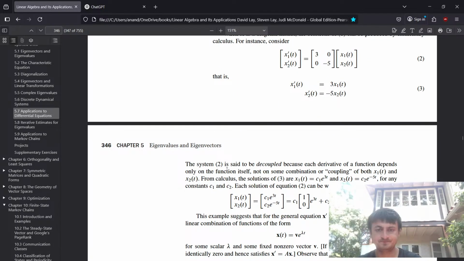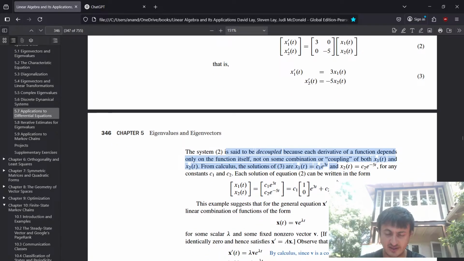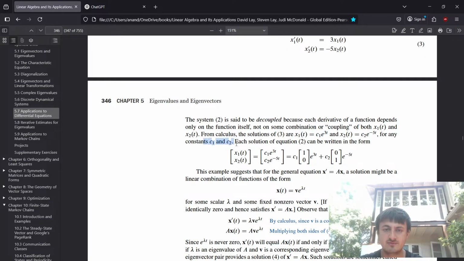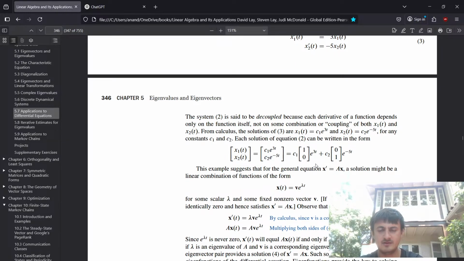The system 2 is said to be decoupled because each derivative of a function depends only on the function itself and not on some other combination or coupling of both x1 and x2. From calculus, the solutions of 3 are c1 e to the 3t and c2 e to the minus 5t for any constants c1 and c2. Each solution of equation 2 can be written in the form like this, where you factor out the